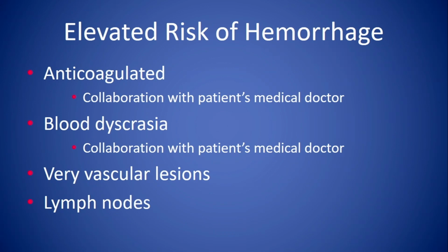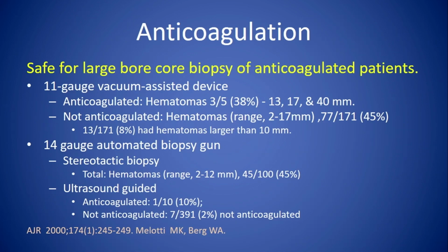So hemorrhage really is the greatest risk, I think, and we always think about the anticoagulated patient or the patient with any kind of bleeding disorders. Also, vascular lesions I'll sort of look cross-eyed at, and we want to consider lymph nodes fairly carefully. But even in anticoagulated patients, there have been reports saying that large gauge vacuum-assisted core biopsies are essentially safe. And in one report of the 11 gauge